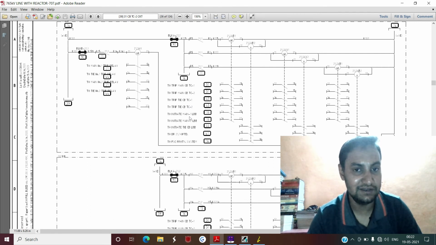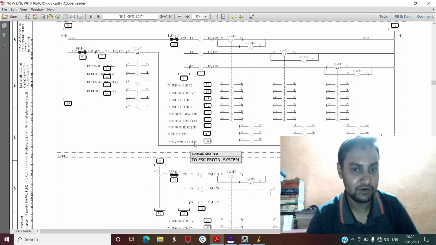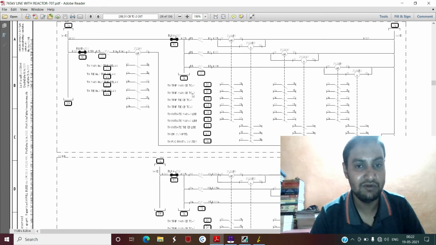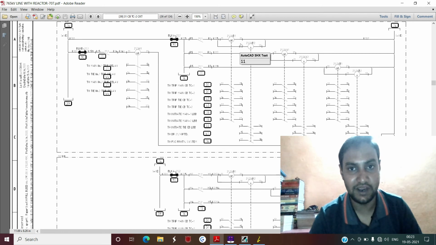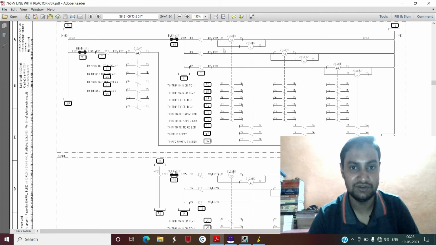At the same time, it will initiate the main 1 LVB, main 2 LVB, and the tie LVB. It will also be used for the DR and for the FSC protection system. The TC1, TC2, I have already explained, for the main CB and tie CB. Basically, this auxiliary relay is used to have multiple contacts available to you, because what you see is that only one output contact of the 7SA5221 relay is used, and that one output contact leads to the multiplication of contacts, and you have 2, 4, 6, 9 output contacts available to you. Now you can use these 9 output contacts as per your schemes.